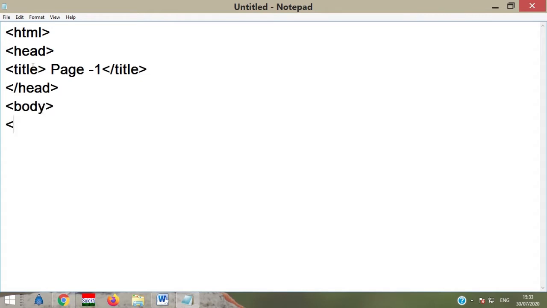Then write a heading tag, h1 tag, then rainbow, slash h1 tag. Then add a paragraph tag and write a paragraph, whatever you like.